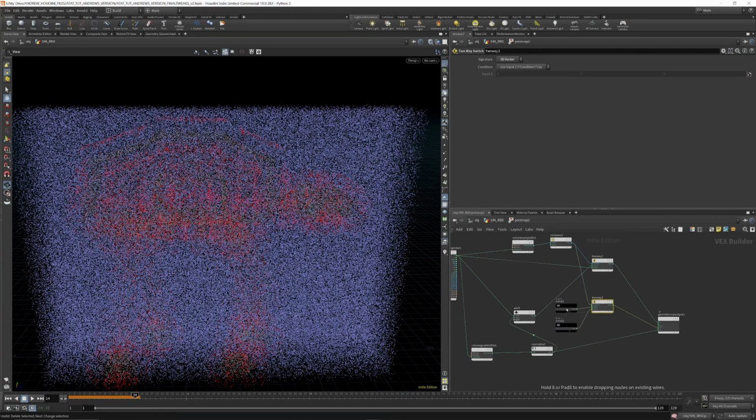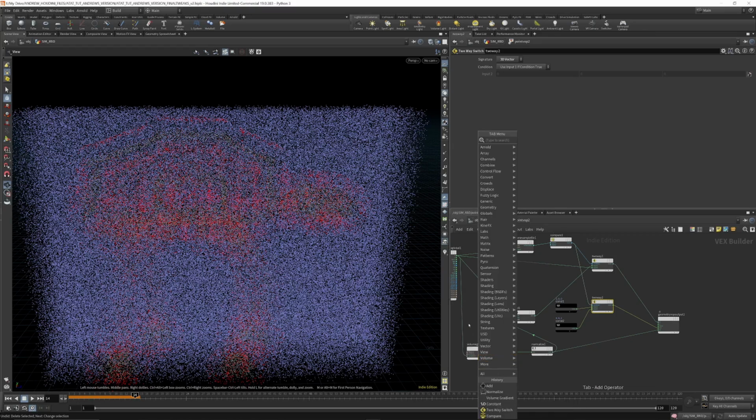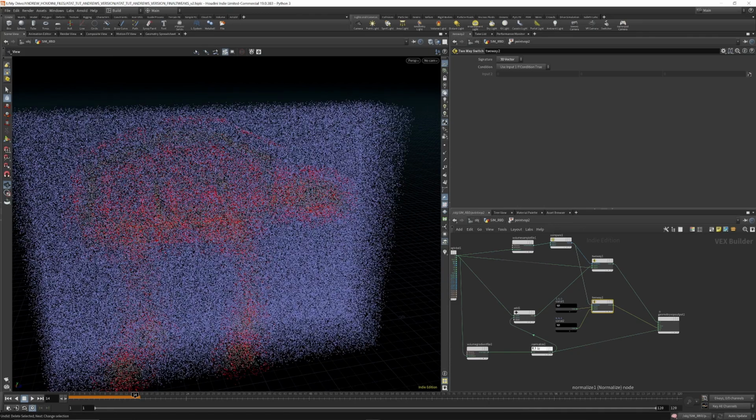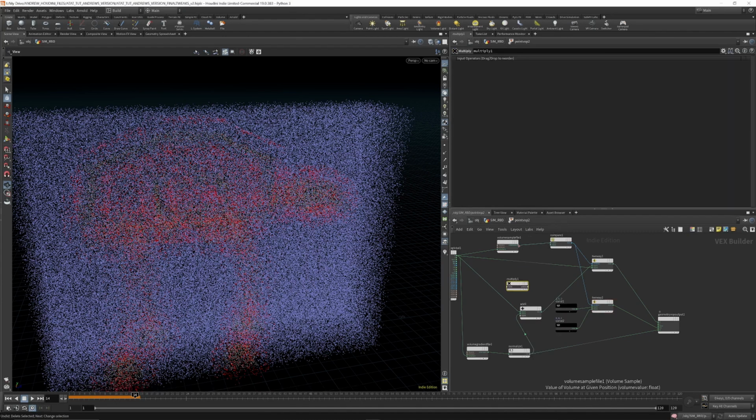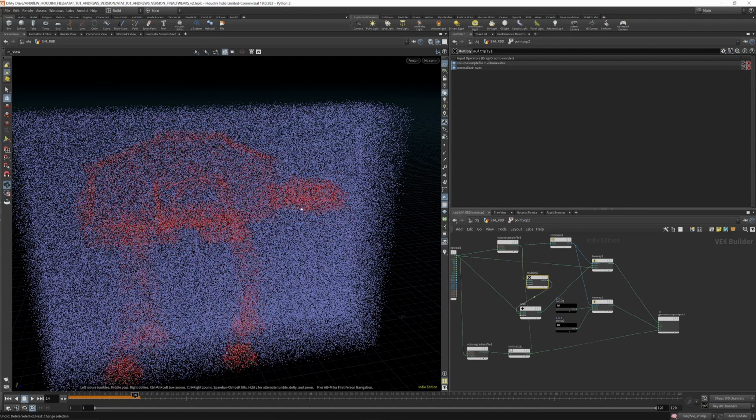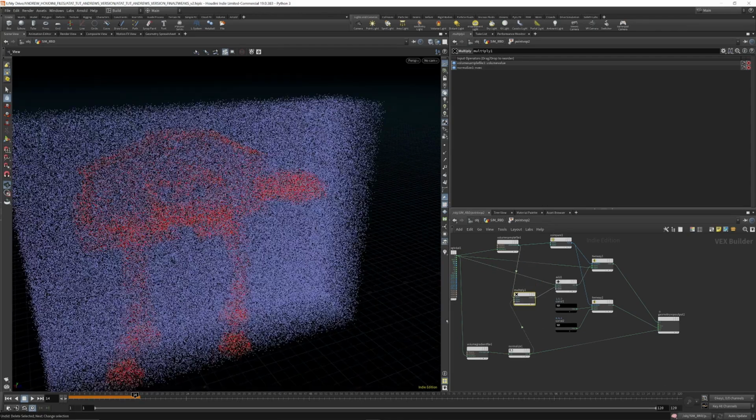inside the volume. Okay, so it's not quite right yet, and in order to fix that, we first need to negate the normals, because these points are telling us how far inside they are, and we don't need to just add this to here, but we actually need to multiply. So we need to multiply this position and multiply that with the normals, and then we're going to add this amount,